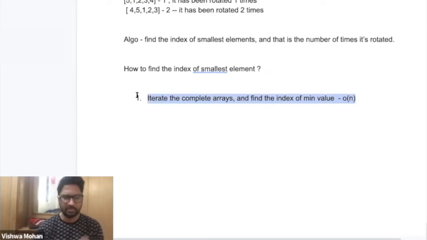Now, for applying a binary search, what are the things that are needed? The first and important thing is that you should have a sorted array, which is not available here. The second thing needed is that you should know the starting point and the end point of the array, which you know here. But we still have this little information that it was initially sorted. So can we try to tweak the initial binary search code?